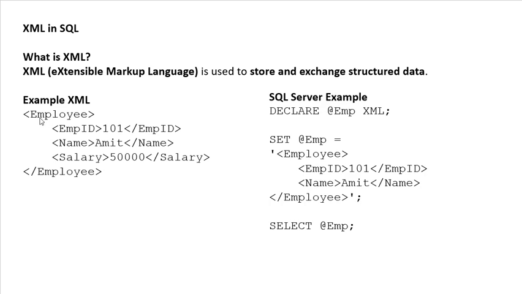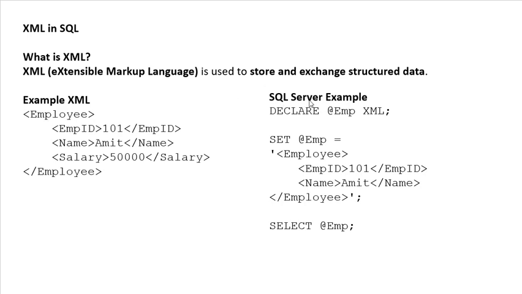layouts. An example of XML: an employee tag, and inside the employee tags, the employee ID is 101, with a slash employee ID tag to close it, and name is Amit with the closing name tag, and salary tag gives 50,000 with the closing salary tag, and the employee tag is closed. The less-than and greater-than signs around a word are called a